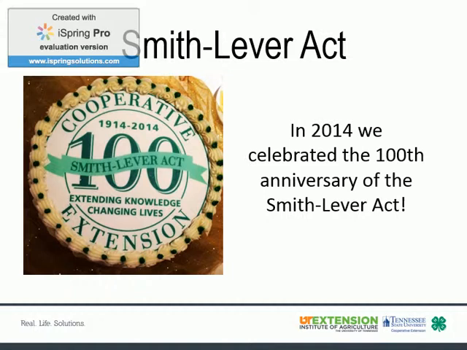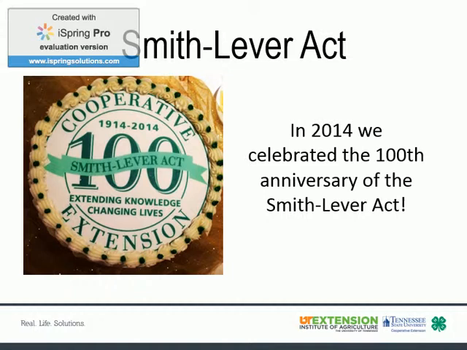The Act's purpose states, in order to aid in diffusing among the people of the United States useful and practical information on subjects relating to agriculture, uses of solar energy with respect to agriculture, home economics, and rural energy, and to encourage the application of the same. There may be a continued or inaugurated in connection with the College of Colleges in each state, territory, or possession. So, that's a brief history of Extension history.